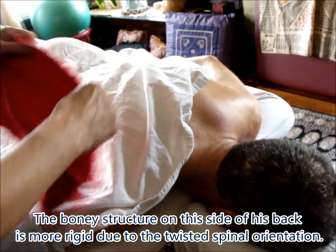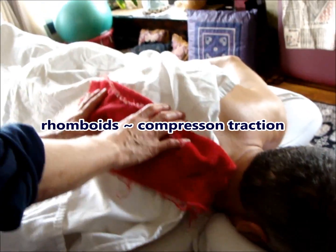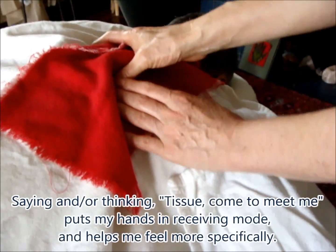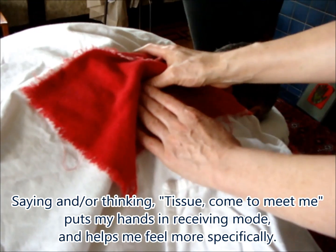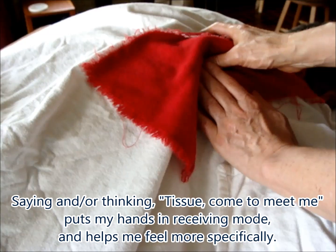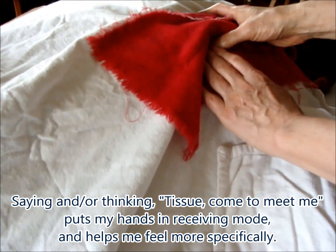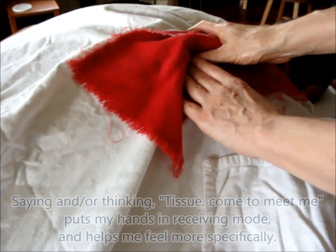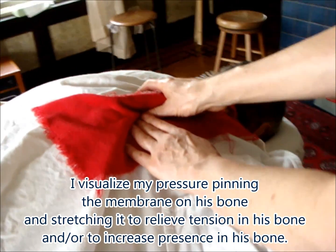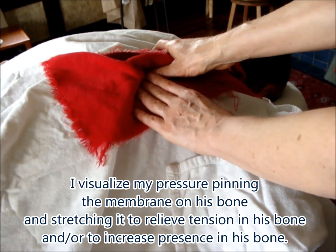So let's see, can we get in here? Hello there, come to meet me. That's the bottom end of the scapula. Okay, ribs and specifically periosteum, come to meet me. So my goal here is to be able to compress all the way down through the soft tissue to the periosteum, or the skin on the bone. Have you seen chicken bones, how they have a sort of a skin on them? I want to get down to that periosteum, catch it,